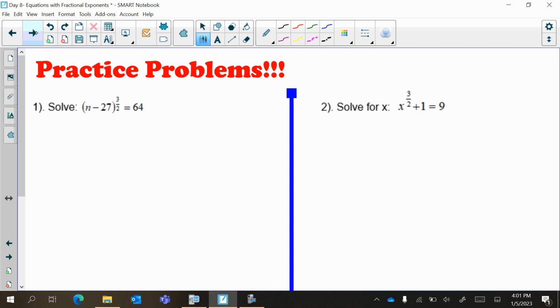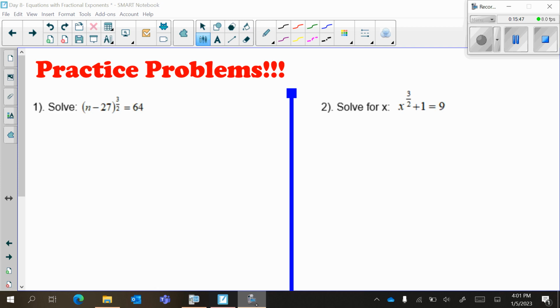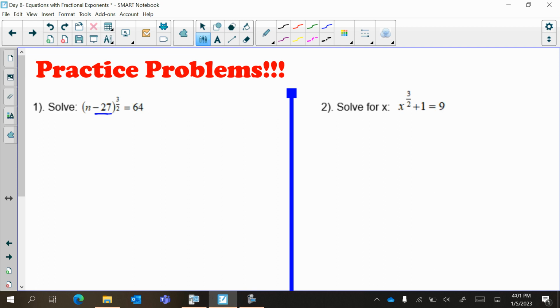Trying some practice if you would like, pause the video and try these problems on your own. Otherwise, we're just going to work through them. For the first one, n minus 27, all of that is attached to your exponent because of the parentheses. N minus 27 is your base. And because it is only your base and there's nothing else in this problem, you can start to already get